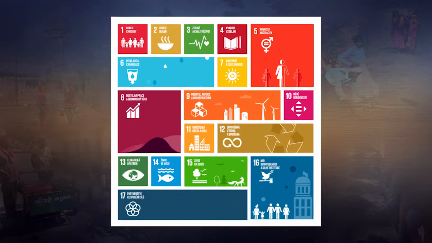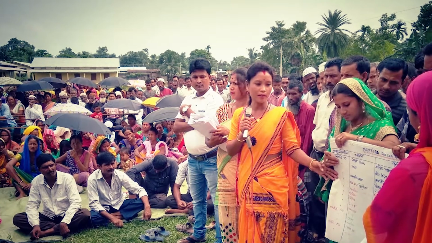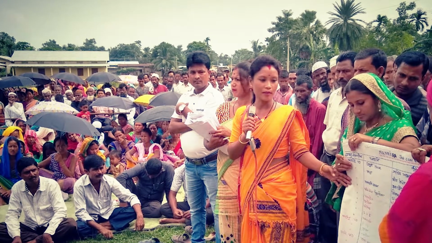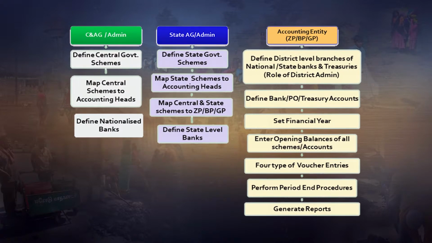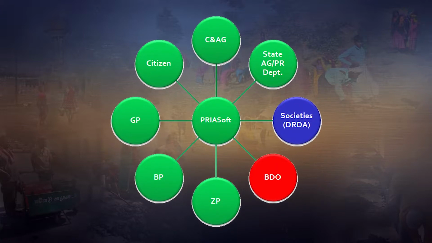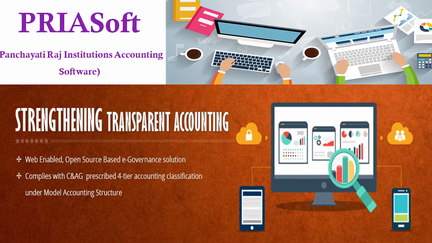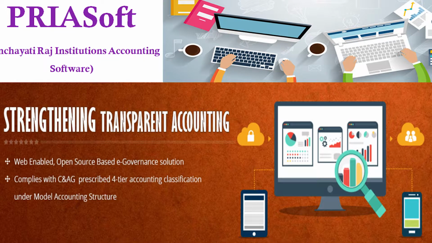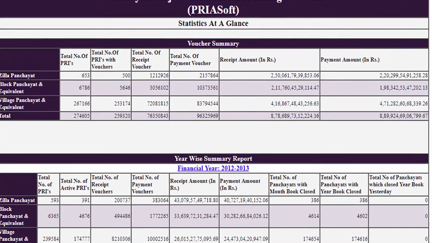The Gram Panchayat receives funds from various sources to plan and implement the development schemes. Thus, in the view of the public, the Gram Panchayat is a trustee of public funds. Therefore, prompt and correct accounting in the Panchayat is very critical to gain the confidence of the public. A strong accounting system in the Panchayat ensures transparency, accountability and enables tracking the usage of funds.